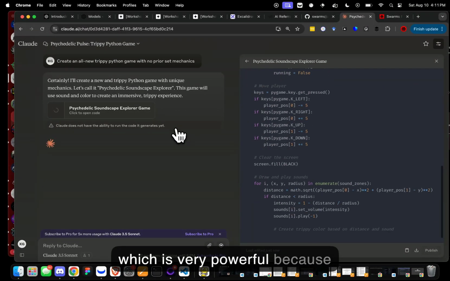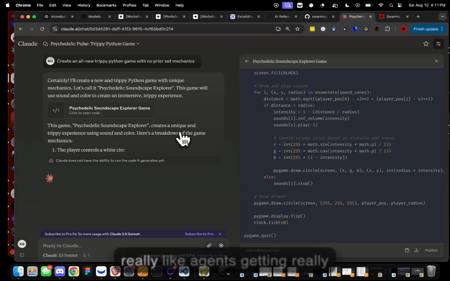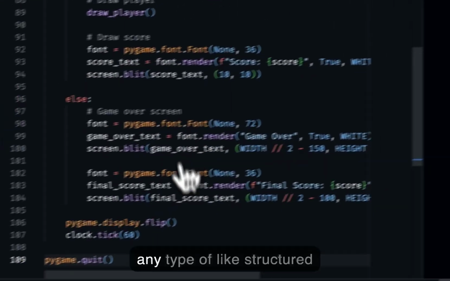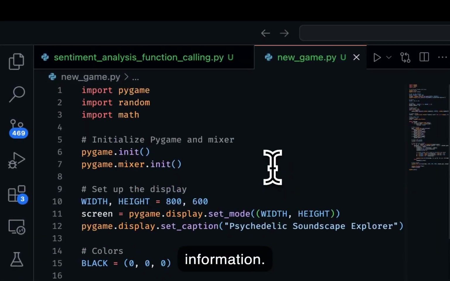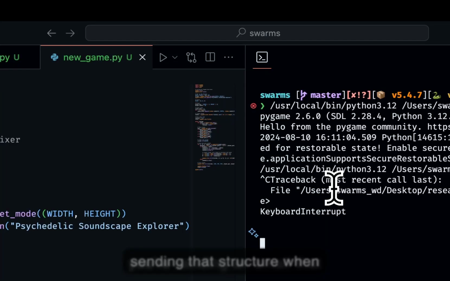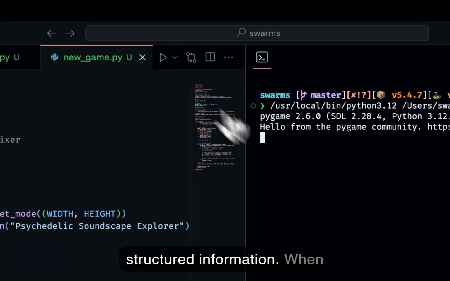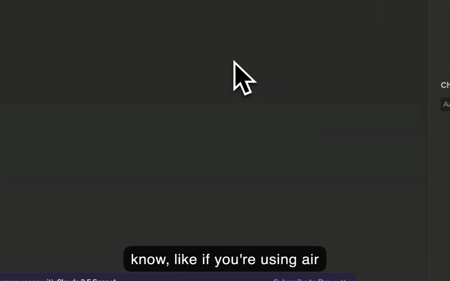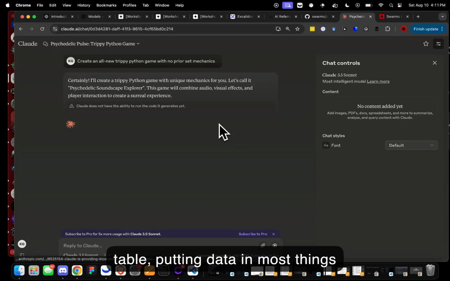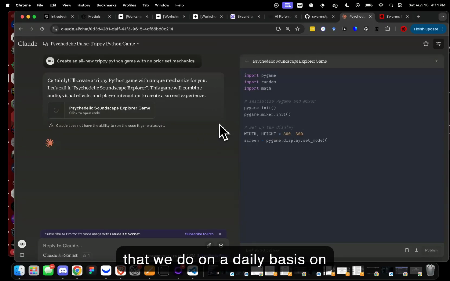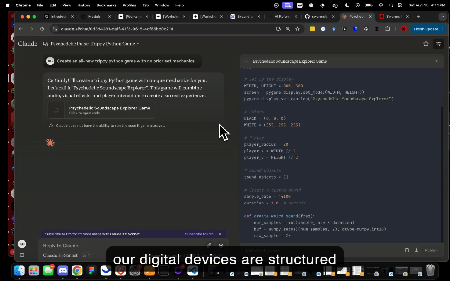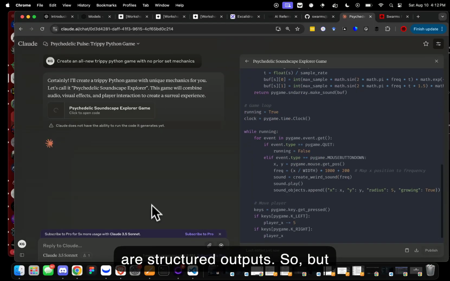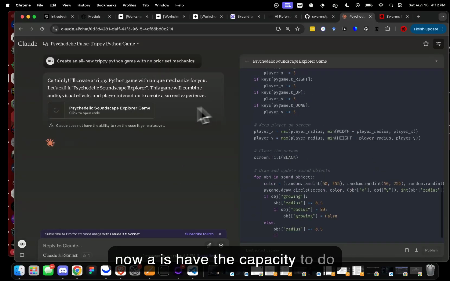which is very powerful because agents are getting really good at generating games or any type of structured information. Email sending, that's structured. When you're sending an email, that's structured information. When you're using an app like Airtable, putting data in, most things that we do on a daily basis on our digital devices are structured outputs. But now AIs have the capacity to do that. And